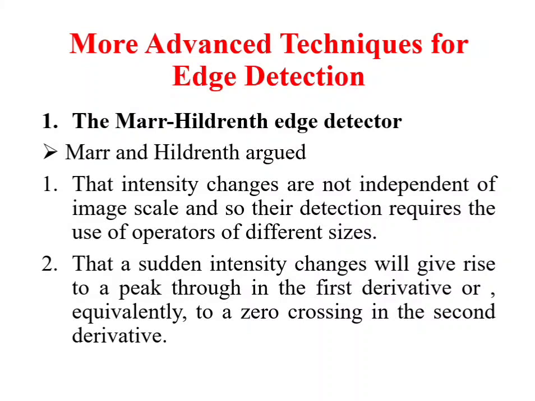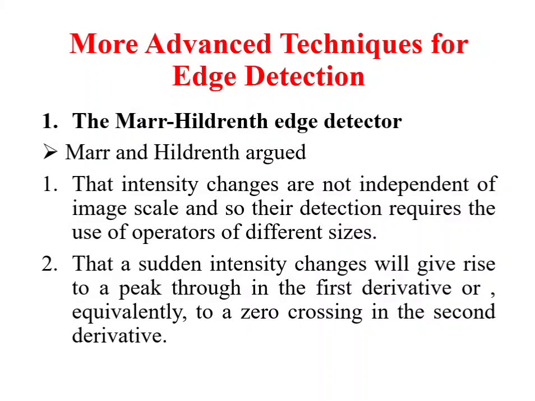One of the earliest successful attempts in incorporating more sophisticated analysis into the edge finding process is attributed to Marr and Hildreth. Edge detection methods in use at the time were based on using small operators, as we discussed in the previous section. Marr and Hildreth argue, first, that intensity changes are not dependent on image scale, and so their detection requires the use of operators of different sizes, and the second one is that